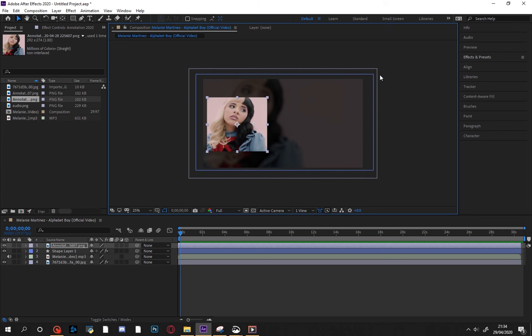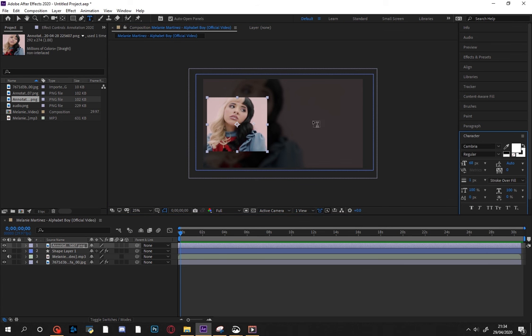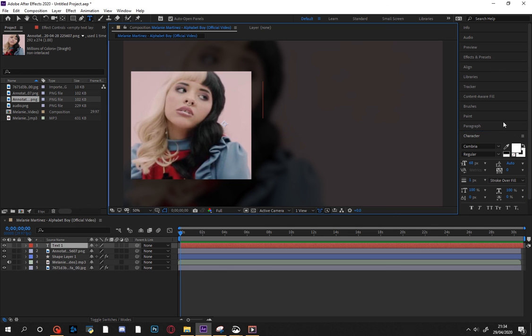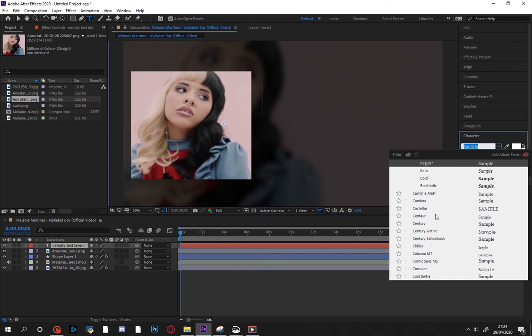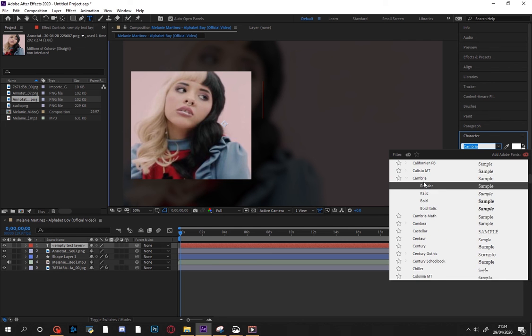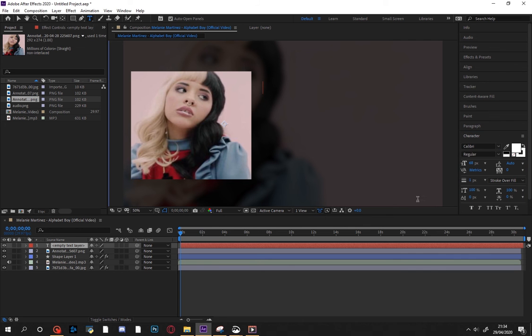Then you want to select the text. And then you want to make a new text layer and say the name of your music. You can change the font, the colors to whatever you like, but I'm just gonna do Calibri white, and I'm gonna do the size of 70 about. I'm using the track Alphabet Boy,